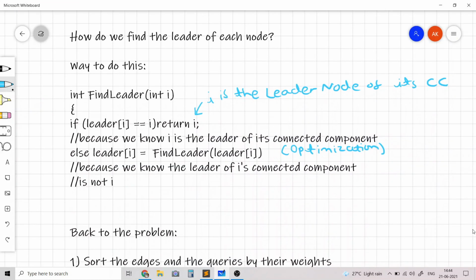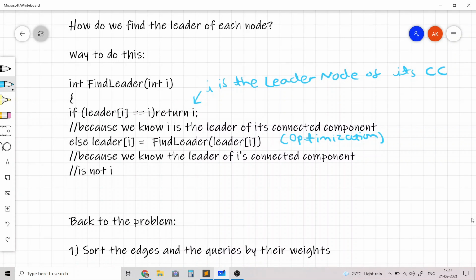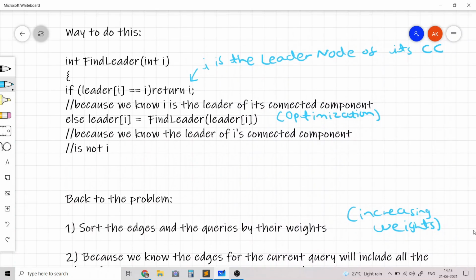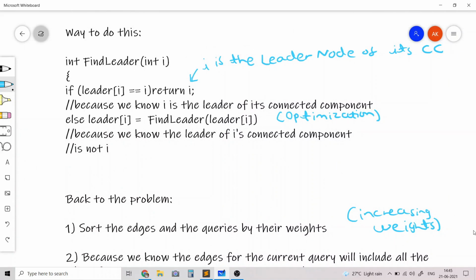So let's sort the edges and the queries by their weights and answer the queries in increasing order of the weights. If you consider q of i to be the edge weight of the ith query and q of i plus 1 to be the value for the i plus 1th query, then we know that q of i is less than q of i plus 1.